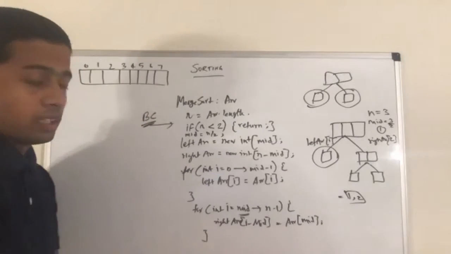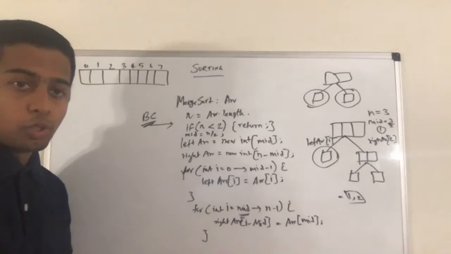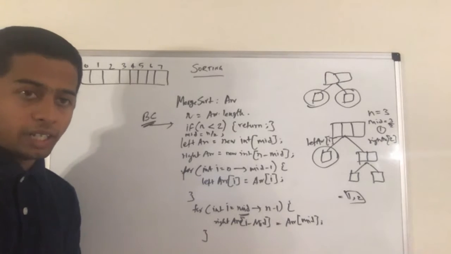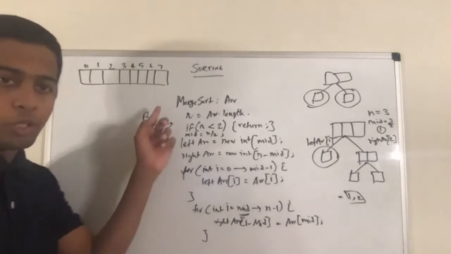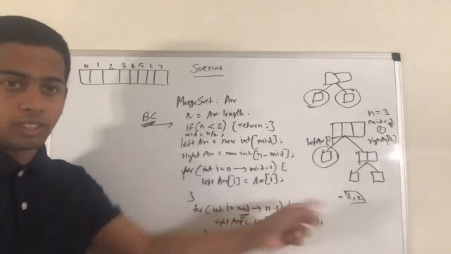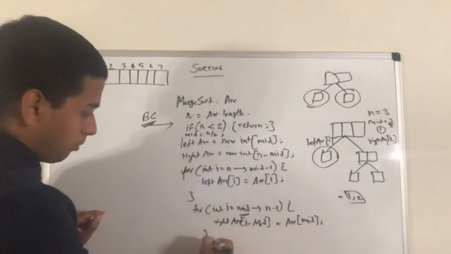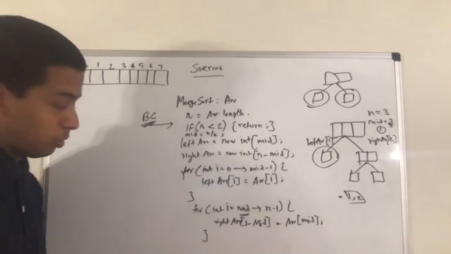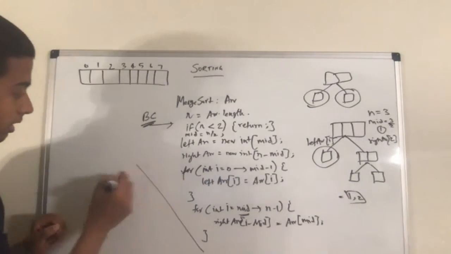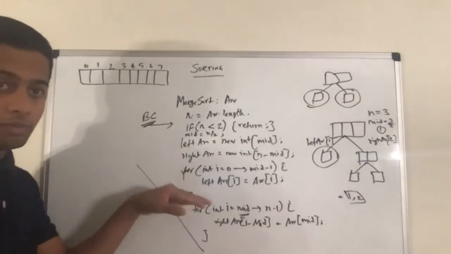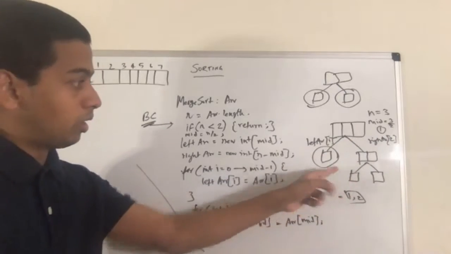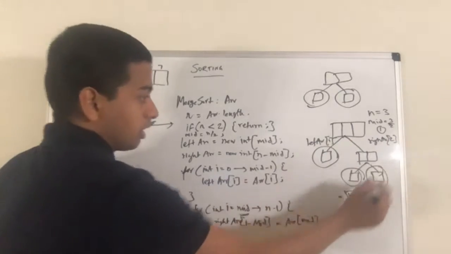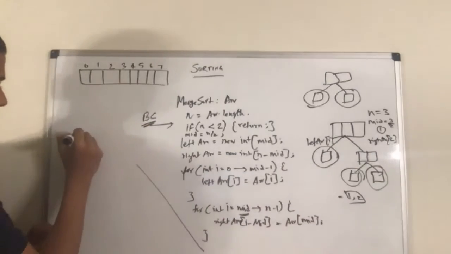So this is complete. Once we have partitioned these two, what should we do? We should again call this same block. Why should I again call the same block? To further subdivide them. So I'm calling the recursion. I think you cannot see after this, so I'll write it here. So after creating the two arrays and filling them, what should I do? I should call the recursion again.